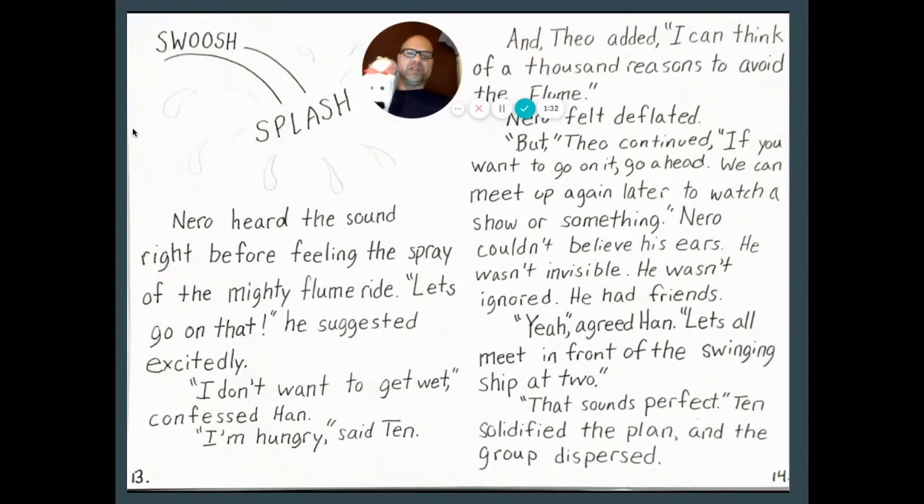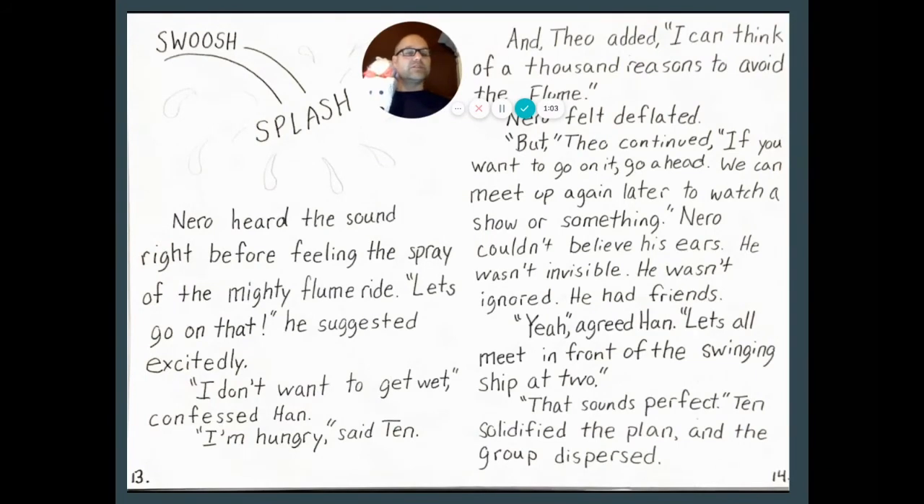Swoosh! Splash! Nero heard the sound right before feeling the spray of the mighty flume ride. "Let's go on that," he suggested excitedly. "I don't want to get wet," confessed Han. "I'm hungry," said 10, and Theo added, "I can think of 1,000 reasons to avoid the flume." Nero felt deflated. "But," Theo continued,